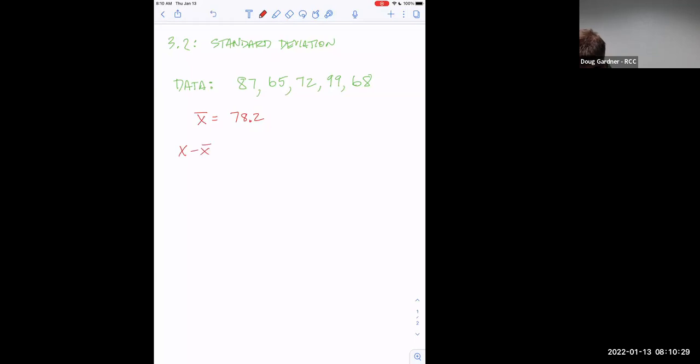This is my x minus x bars. I don't really have to write anything else down. So I'm just starting into it. And then once I do that, I'm going to need my x minus x bars, and I'm going to need that squared. So I'm going to have a list of 5 numbers here and 5 numbers here so